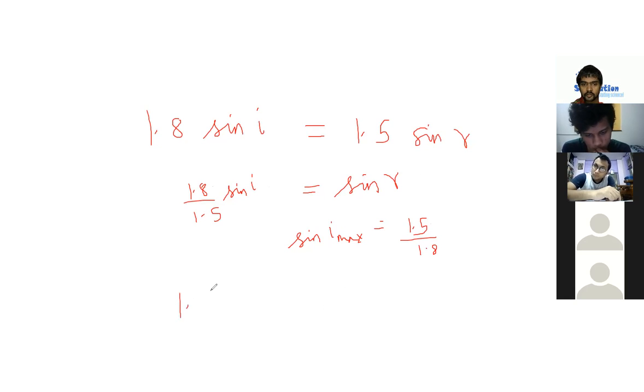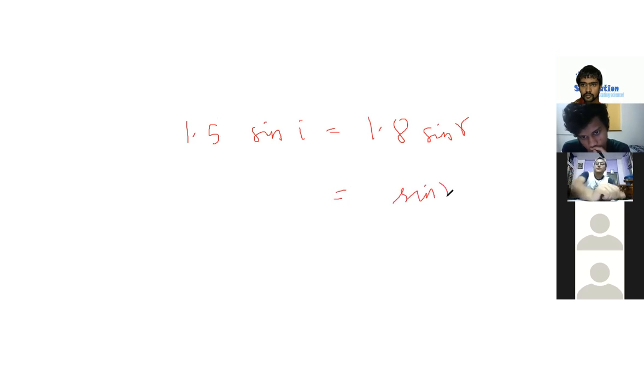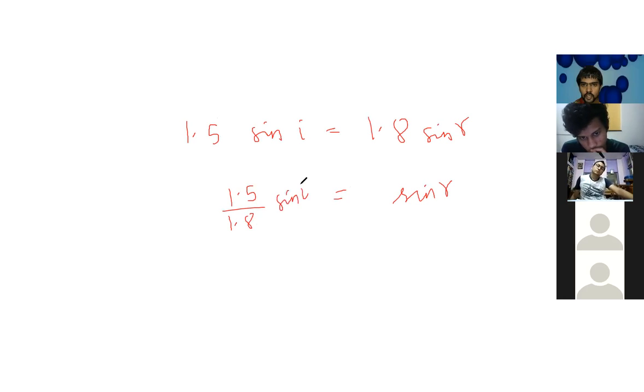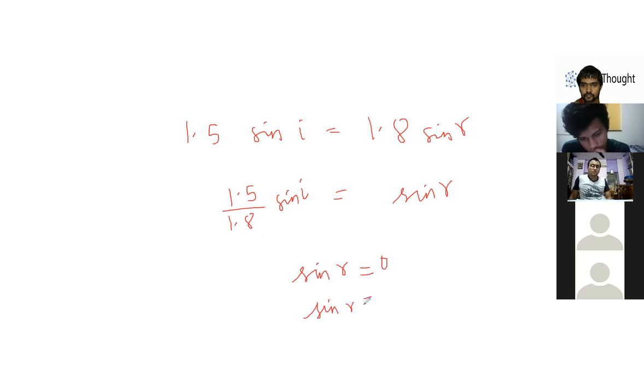Now, but what if I do the opposite? 1.5 sin I is equal to 1.8 sin R. What if I do this? Do I have any problem? Sin R is equal to 1.5 by 1.8 sin I. Which value of I is allowed? If I put I equal to 0, how much will I get? Sin R is 0. If I put I equal to 90, sin R is 1.5 by 1.8. So which value of I is allowed? From 0 to 90,